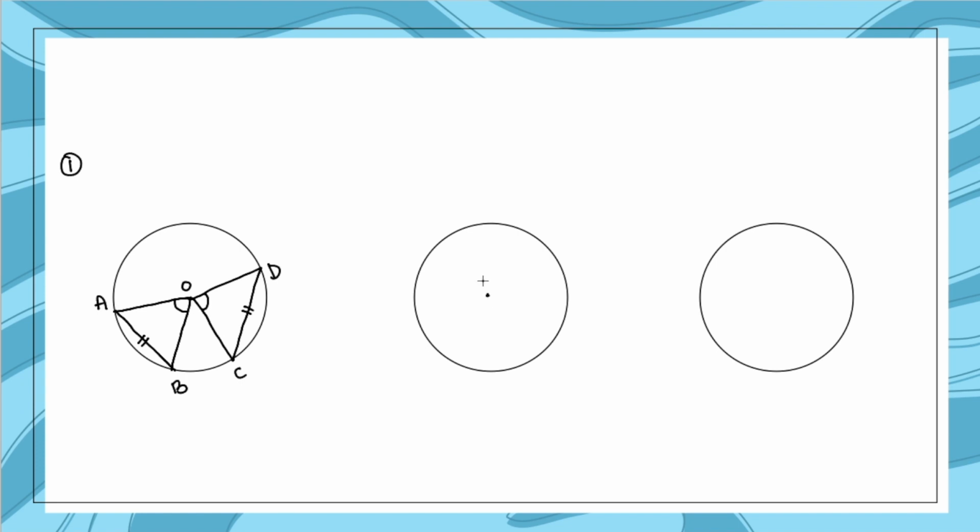The second property: if this is the center, and we have a chord AB, and there is another chord CD, and if AB and CD are equal to each other, then they will be at equal distance from the center. That is another theorem. So what does that mean? It means that if two chords are equal in length, they need to be equidistant